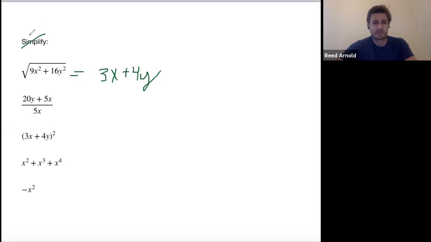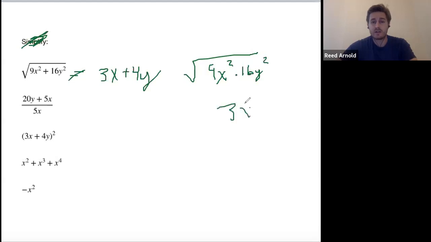There's really no simplifying. I did an unfair trick here. There's really no simplifying you can do. This is not accurate. You can't just cancel out the perfect squares in this situation because this is added. If it were multiplied, if it was 9x squared times 16y squared, you could say 3x times 4y. Although if I'm being very technical, we'd have to know x is positive and y is positive